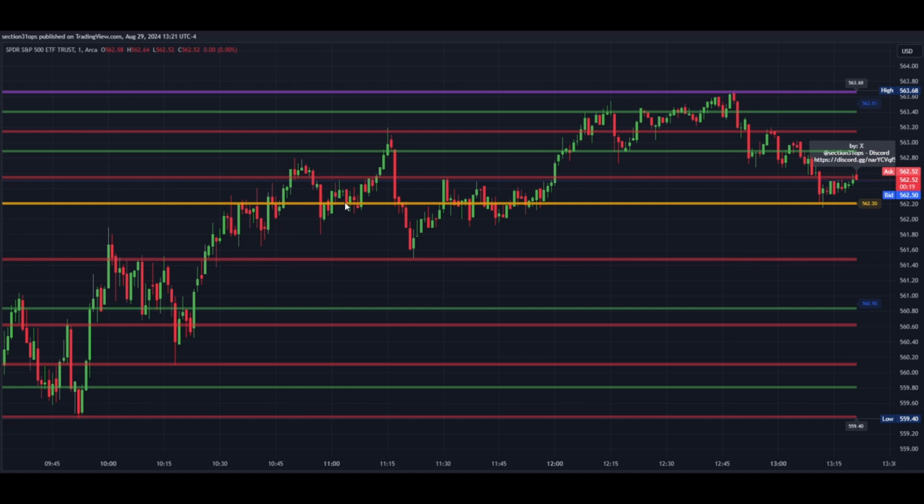And now all of this looks very easy in a static image because we're looking at this in the rear view. Again, keep in mind the volume nodes and the volume profile develop throughout the course of the day. And just because these lines are here right now does not mean that that's where those lines are going to stay. If it was as easy as seeing all of this stuff in advance, we would all know exactly where to place our swing trades. But it's not, and so because of that, you have to understand what they represent, not where they are, and what you want to do